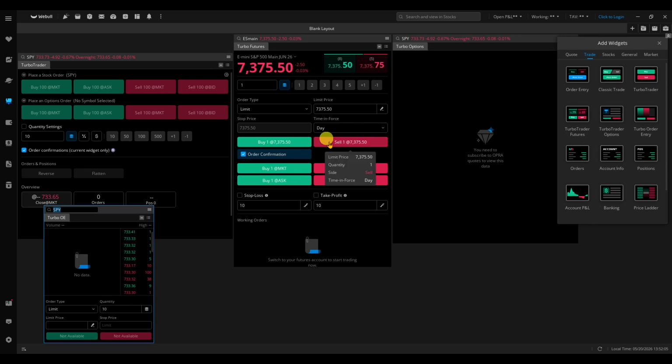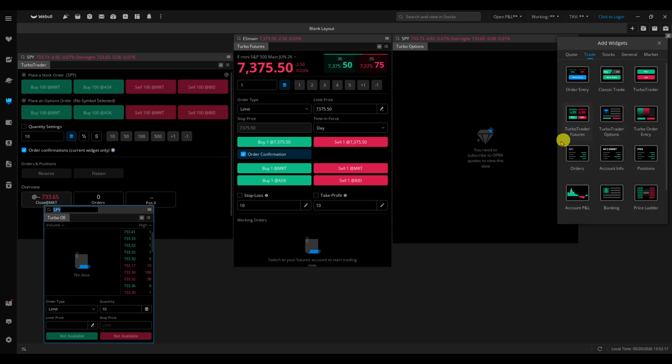Before sending any orders, double-check the account selector, the symbol, and your order type. Market or limit, along with quantity and time in force. Consider setting default sizes that fit your risk plan and review hotkey settings to avoid accidental submits. When you're ready, use the TurboTrader panel to stage or transmit orders and monitor confirmations in your activity or notifications